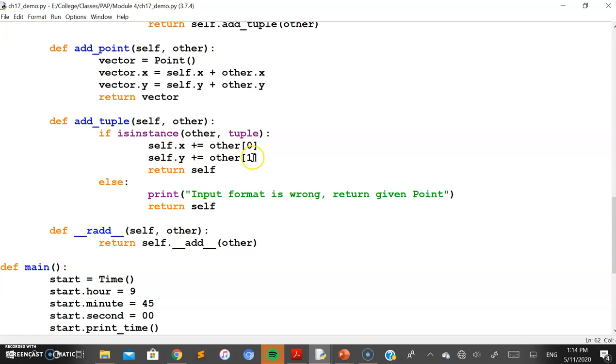It is going to extract the two values. As a tuple, the two values are stored, the first value representing the x value and the second value representing the y coordinate value. You just perform the addition with self.x and self.y. So self.x is equal to self.x plus other[0], which represents the first value from the tuple, and self.y plus equal to self.y plus other[1], and return the whole as an object. If the second operand is not a tuple, then the input format is wrong, or else it will ask you to give values that are either an object of the class Point or at least a tuple.